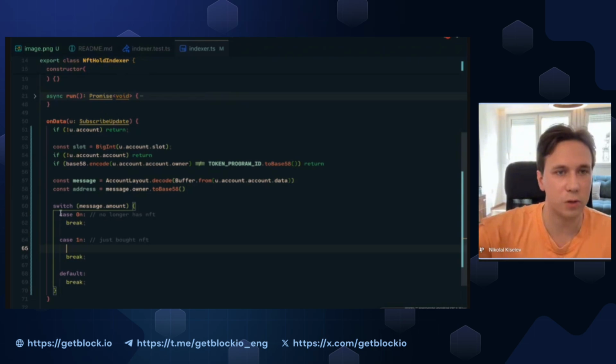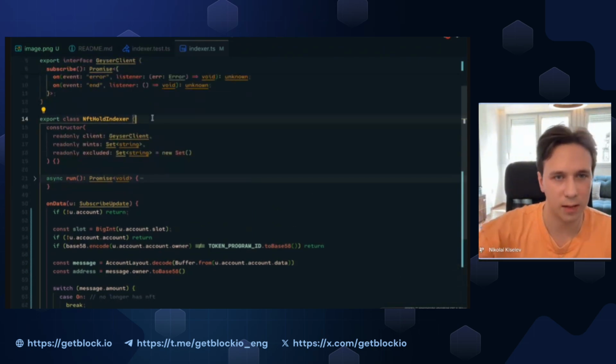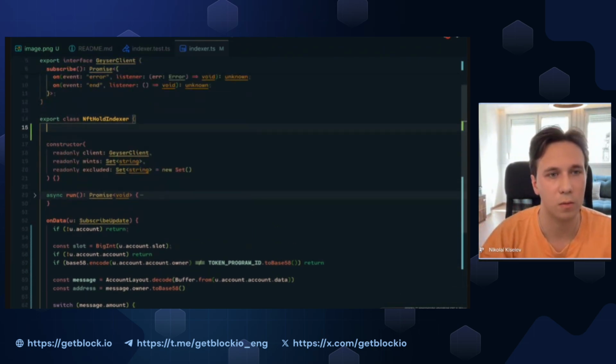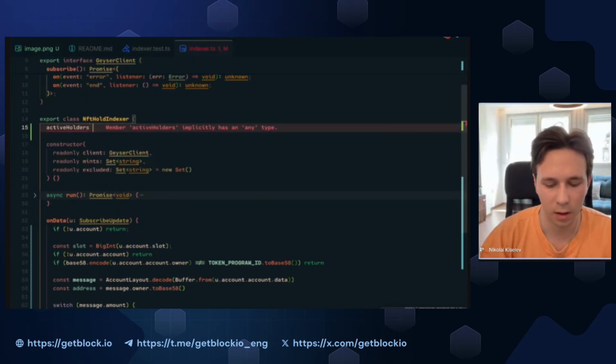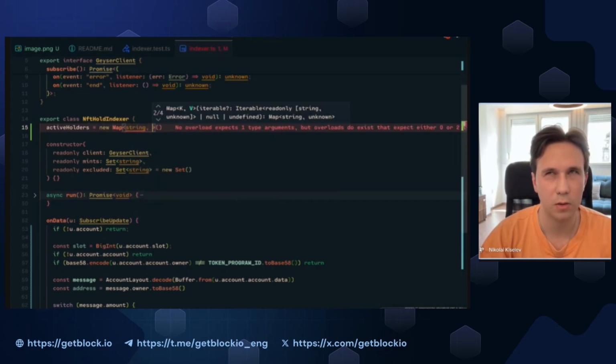For that, we need first go back to the class and create new fields that will illustrate that. First, active holders, which will be map, and type will be string to